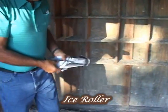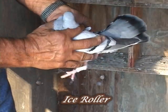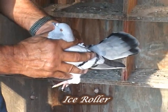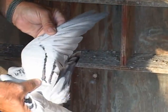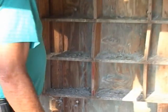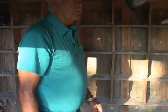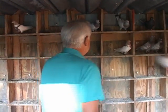Now, these I'm trying to, but it's getting a pretty good color. And you see the fact that it's got yellow eyes, and the ice pigeons has got the black eyes. But I've got the ice color, and it's starting to work good. There's a few sitting around, and I've even got the ice, and what I'm doing with them is putting the frill stencil in them. Ice is basically toy, but I've got a couple of youngsters that I think are real